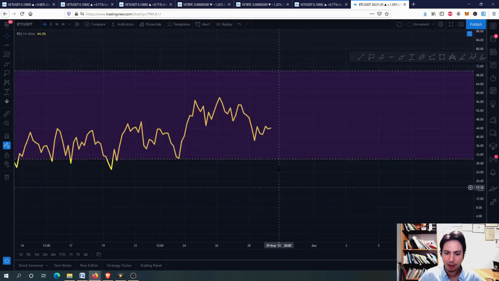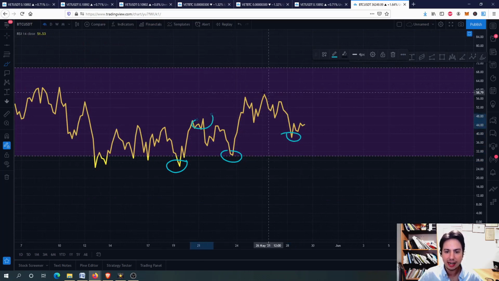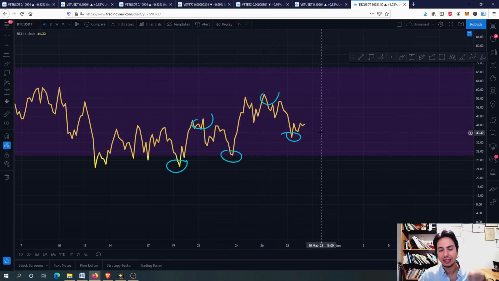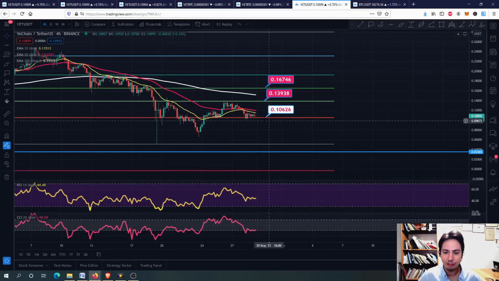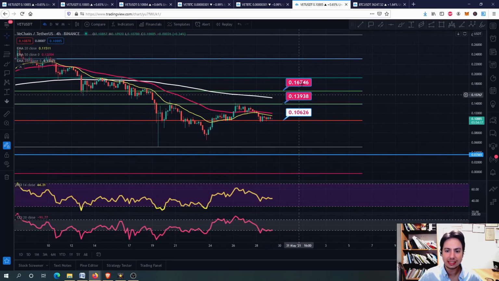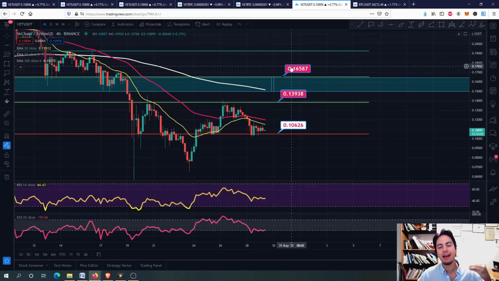What I like about Bitcoin is this pattern that we are following right here on the 4-hour frame. You can see higher lows and higher highs. Eventually what we want to see here is going even further. Can we do that? If we can, guys, then yes, Vechain will not only go to the 14 cents again, but it can test some major resistance levels. For example, the 15 to 16 cents. You can see this rectangle right here. It is very important. We might go all the way up to the top here and might break this,